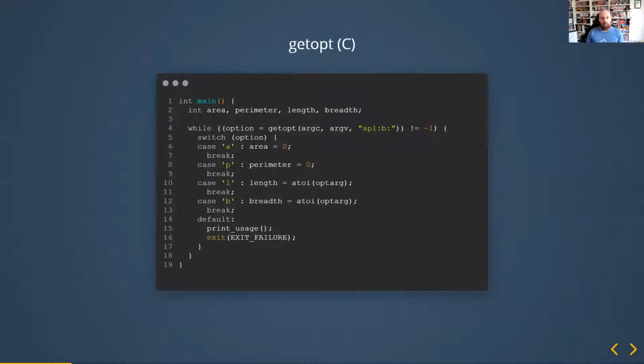getopt got created in order to standardize this kind of CLI definition by enforcing the use of a dash. You don't define the prefix, getopt does it for you. However, the getopt API is very simple at best. If you check on the screen, you will see that it accepts the arguments to parse, then a descriptor string. This string contains a bunch of letters, optionally followed by a colon, to indicate whether they have an argument or